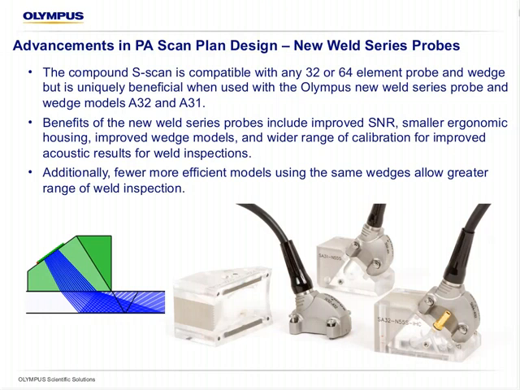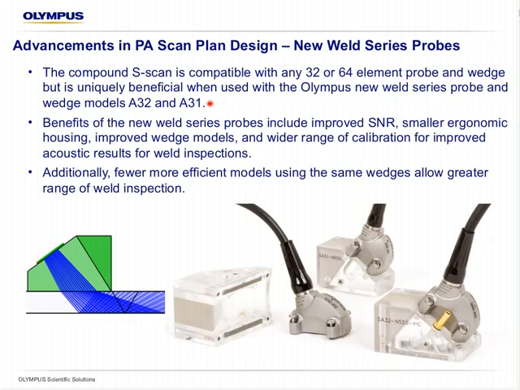The Compound S-Scan is compatible with any 32 or 64 element probe and wedge, but is uniquely beneficial when used with Olympus's new weld series probe models that you'll see throughout this presentation, the A32 and the A31. These two probes are designed to replace many different models of probes and wedges in different configurations to cover the most common apertures for the widest range of